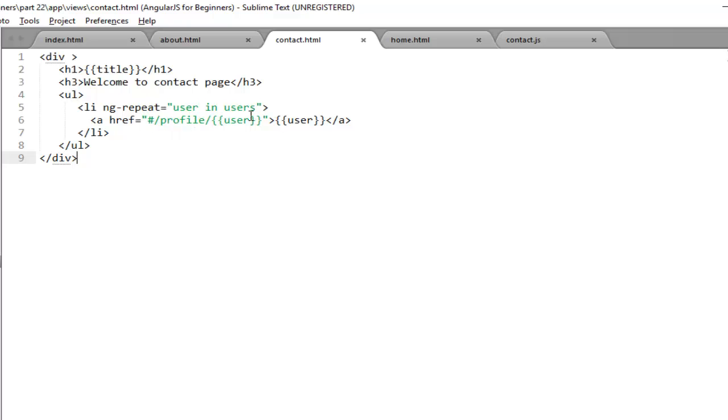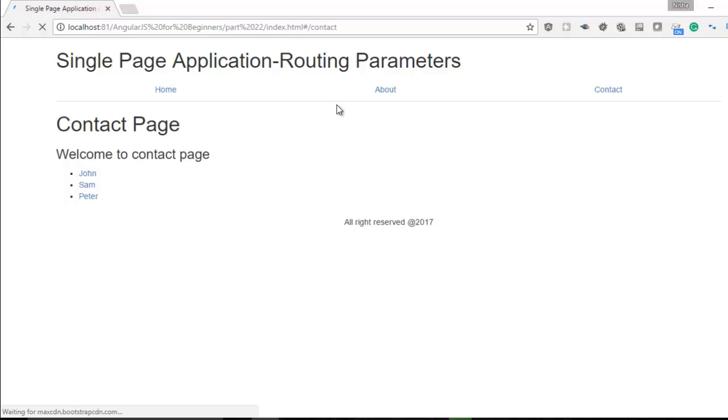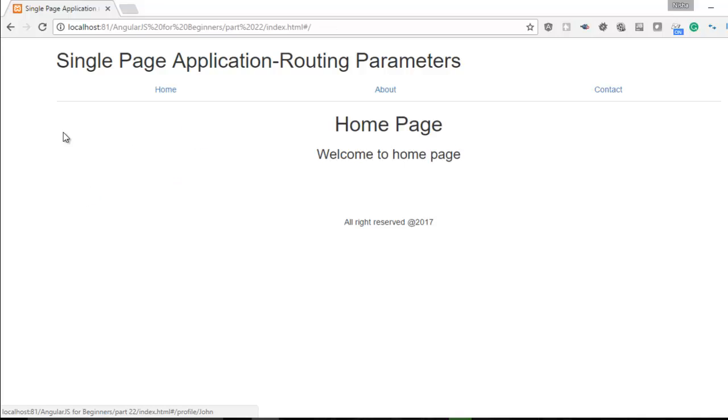First check whether the link is created or not. Move to your browser, refresh the page and hover your mouse on the link. You will notice at the bottom it has created profile John, profile Sam and profile Peter. It means after the hash, profile is the name of my route and the value Peter, Sam, John is the parameter of my route. As of now there is no route that can handle this parameter and this request.